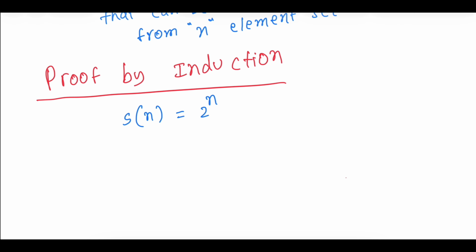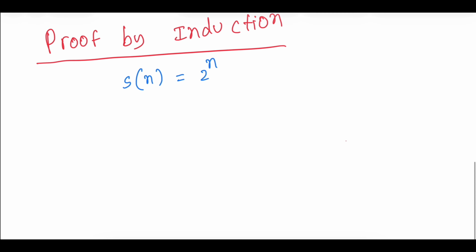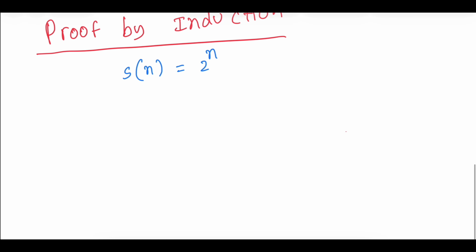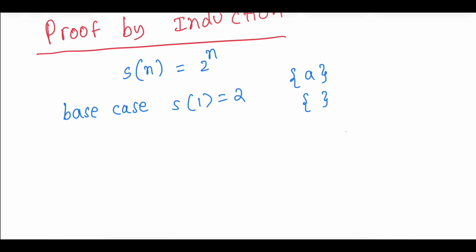We can also use induction to see that the number of subsets that can be formed is 2 power n. So we will prove that S of n is 2 power n. We'll start with the base case. S of 1 is equal to 2, because for any one-element set, we saw that there'll be two subsets that you can form,